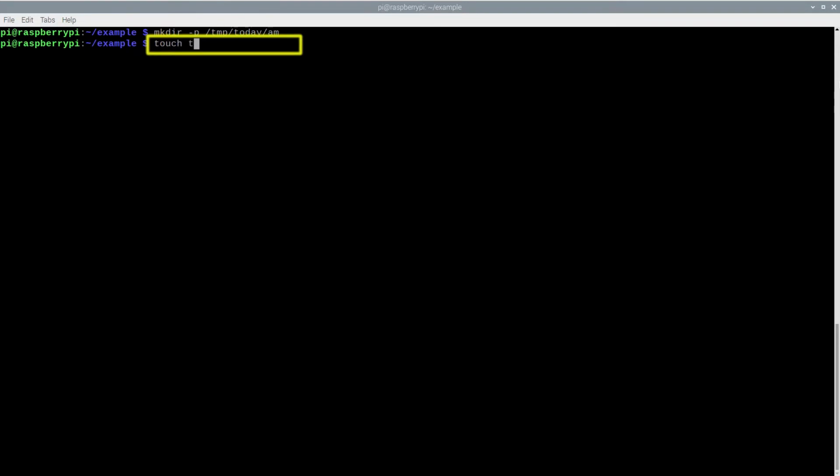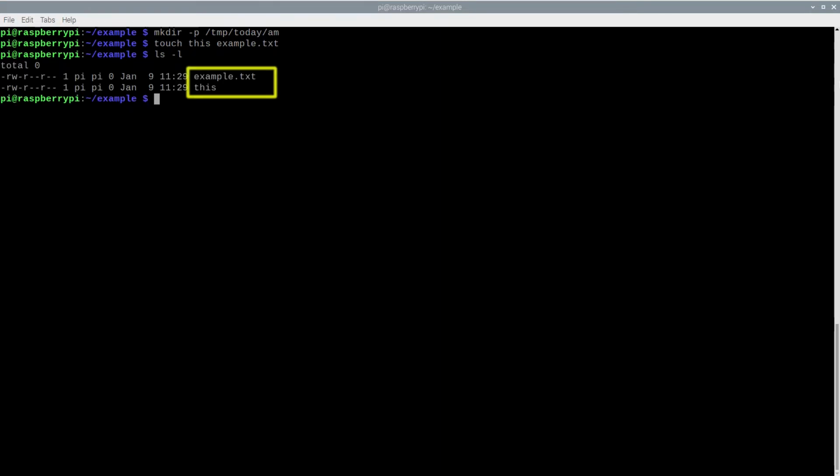Take the following example. I will attempt to create a blank file called this example.txt with a space between words this and example. The command seems to have worked fine, as there was no error, but let's see what has actually happened using the ls command. It turns out that the above command created two files, one named this and one named example.txt. The shell did not interpret the space between this and example as part of a file name, but a separator between two different file names. I need to remove the incorrectly named files and try again.